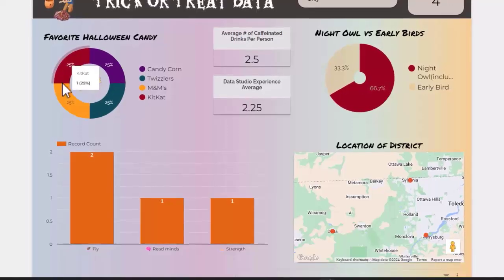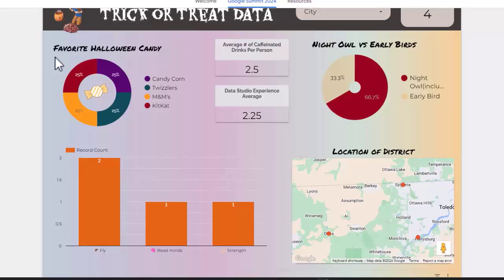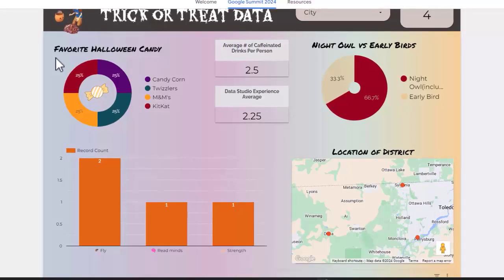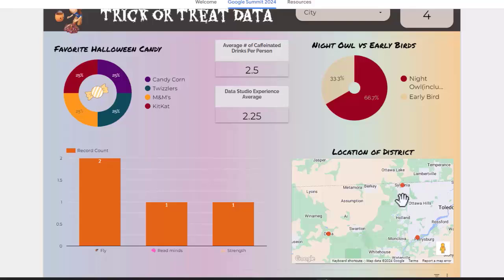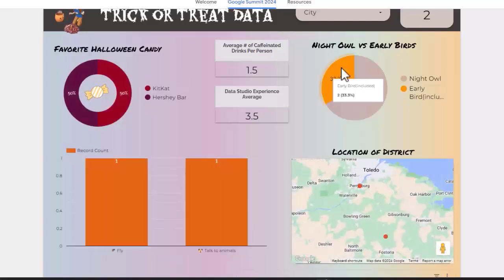And here are the candies. That's interesting. They're equally divided between all of the options of candy. That's interesting. And then of those 4, so notice I've got this scorecard right here, and it's saying 4. These 4 were in Perrysburg, Sylvania, and Delta. Of the night owls, so this is just the night owls, they drink an average of 2.5 cups of coffee. Now I'm going to click on the early birds. So the early birds drink less coffee,